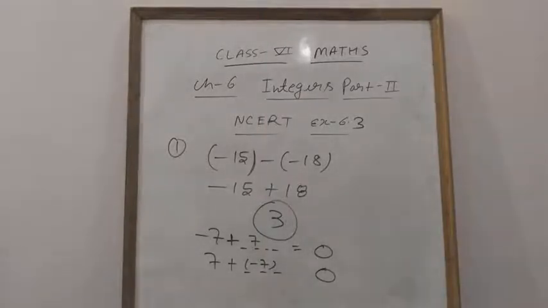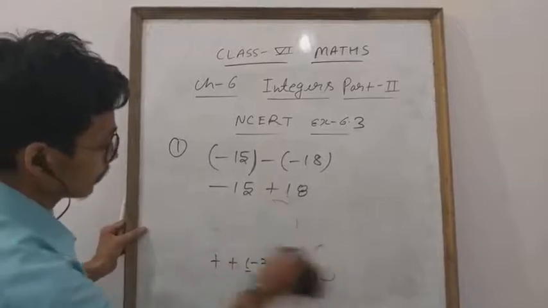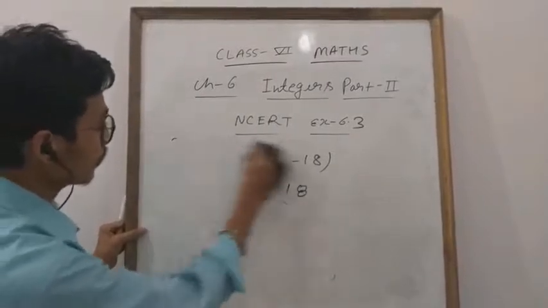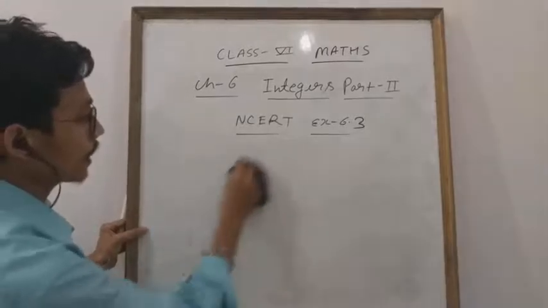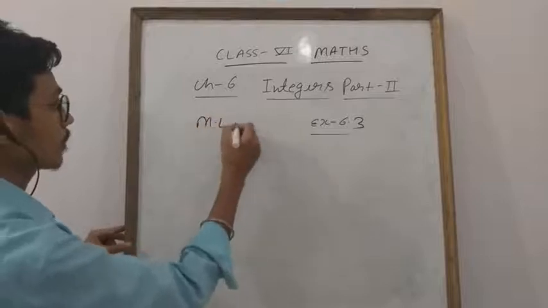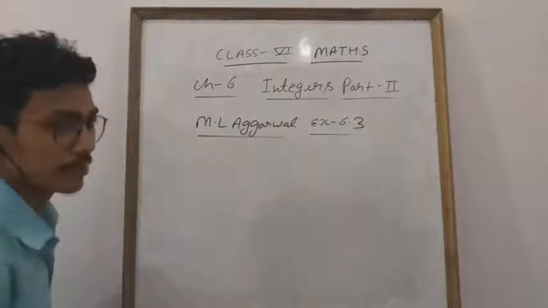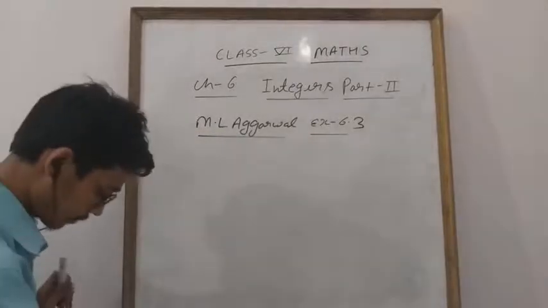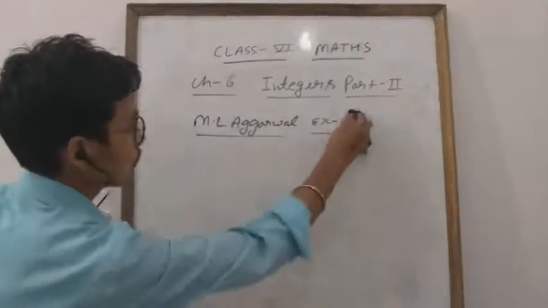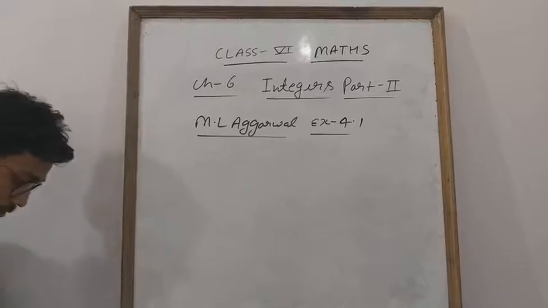Now I am going to move to ML Agarwal and I will solve only those questions which are different from NCERT. Okay everyone, which are different from NCERT. Achha, arranging in descending order question is given, so you know how to do that. I think you know that, so do it yourself. This is ML Agarwal, only some questions I will explain, because all questions are about the same. This is the 4th chapter in ML Agarwal. So see, all questions are the same. Only I am going to explain.